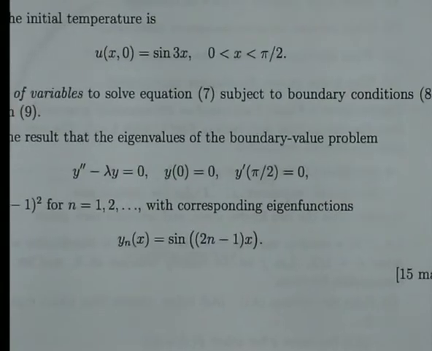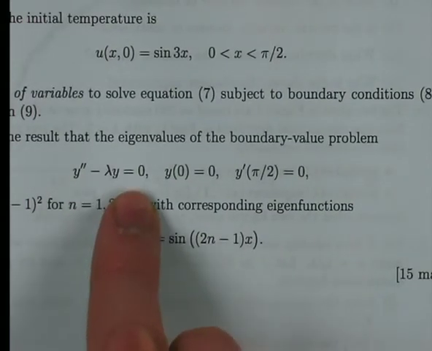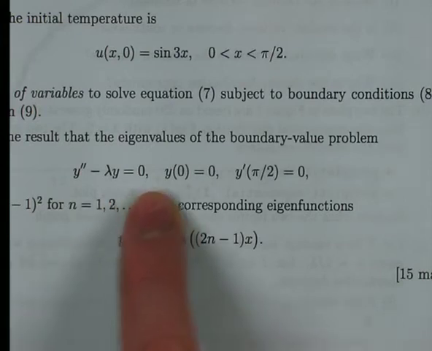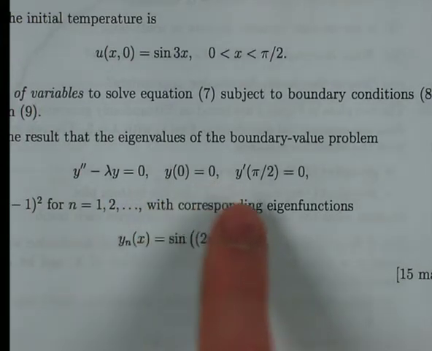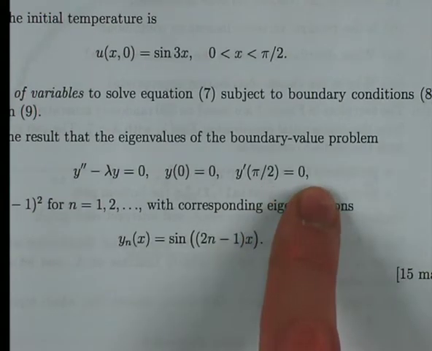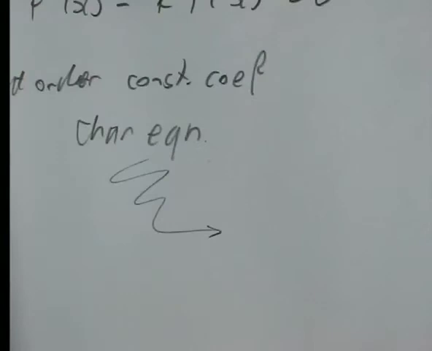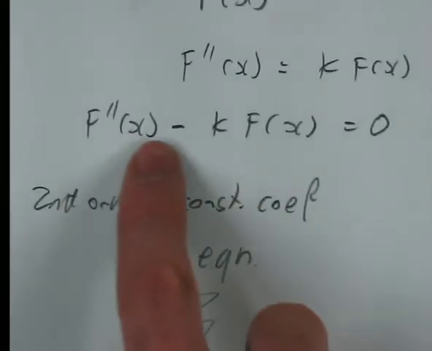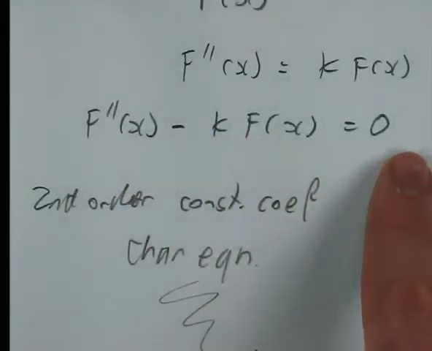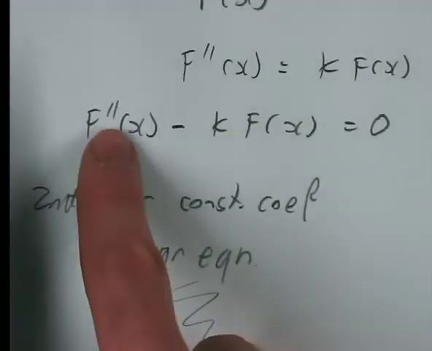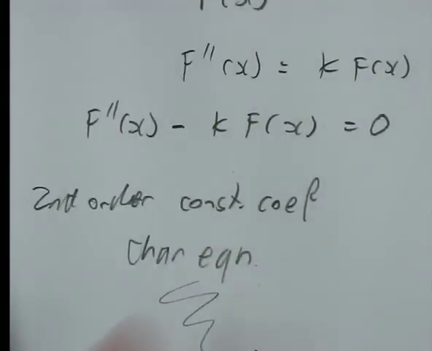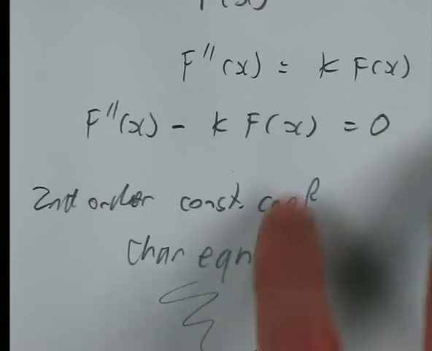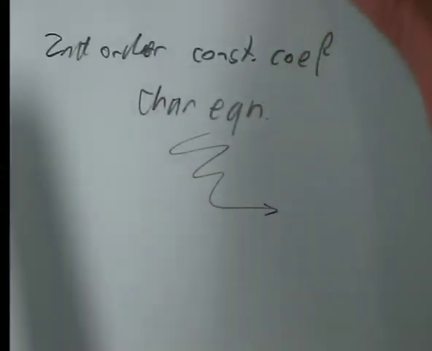that if I saw an equation of y double dash minus lambda y equals 0, and I had the initial conditions that y of 0 is 0 and y dashed at pi on 2 is 0, well, let's compare that to what we've got. We've got our f double dashed x minus k of f of x is 0. That's exactly the same, except I've got capital F of x instead of y and k instead of lambda, so that's the same. And then when I come back to my initial conditions,